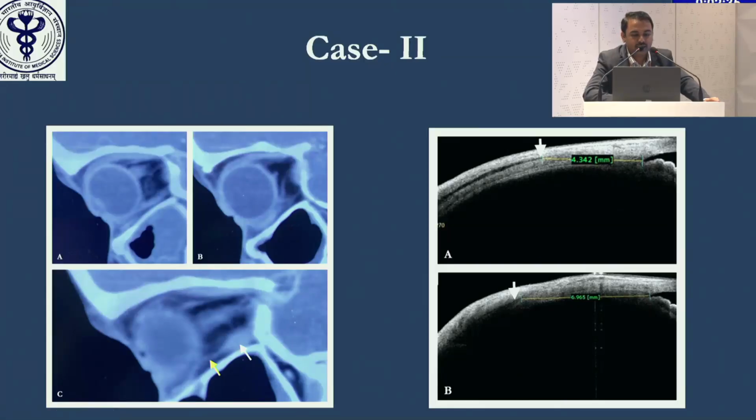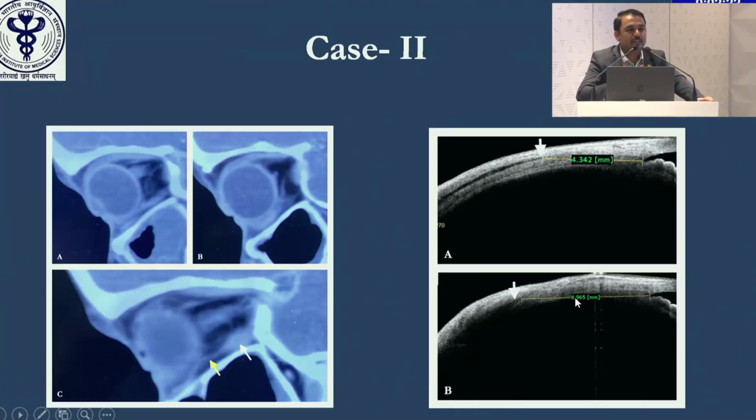Similarly, you can see that rectus muscle bulging is happening here, right? And anterior tendon thinning is happening here. This is a right eye scan and this is a left eye scan. You can see there is scarring, but the hyperreflective layer is somewhere here. So you can measure it, and before opening the conjunctiva, you can mark it on the sclera, then open the conjunctiva. You will go beyond 6 or 7 mm, then hook the muscle and bring it anteriorly.